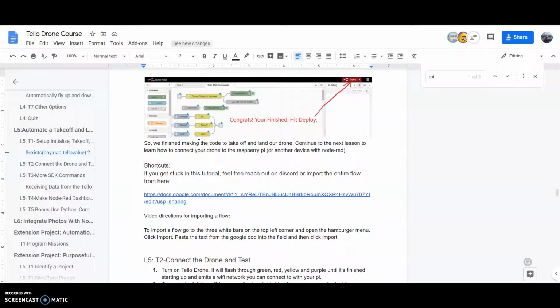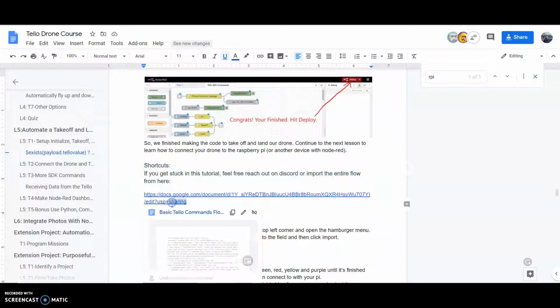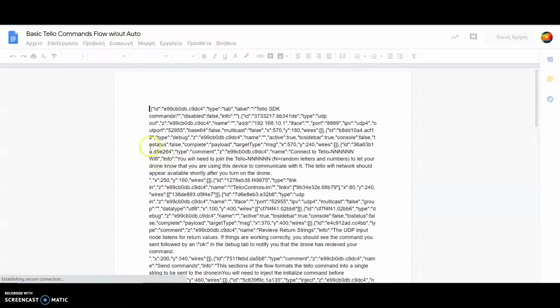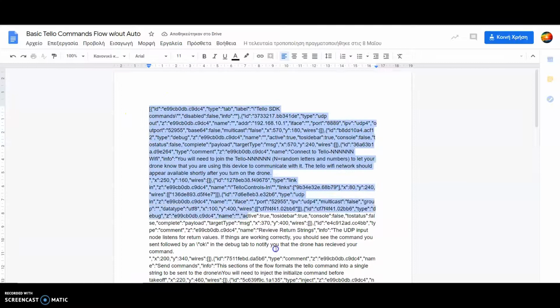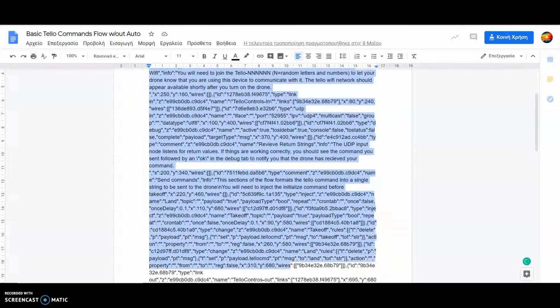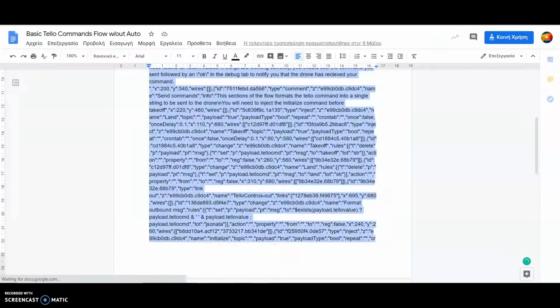What do you do if you get stuck on a flow and you just can't figure out what's going wrong? One great option is to take a shortcut and go open up the flow in the Google Doc provided. Then go ahead and copy it. It's going to look kind of like a bunch of gibberish, but you're going to want to copy it and then